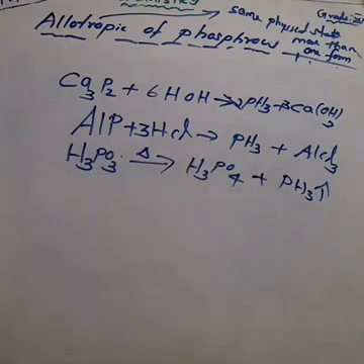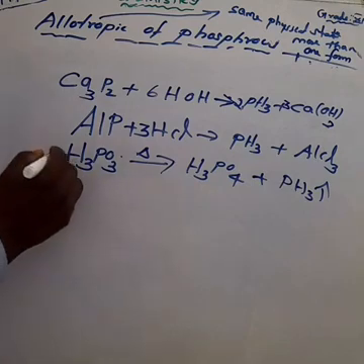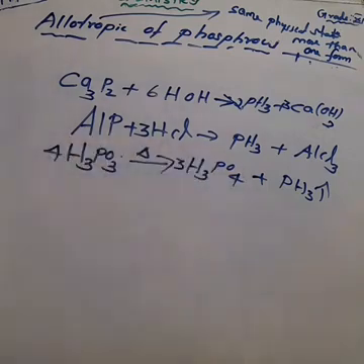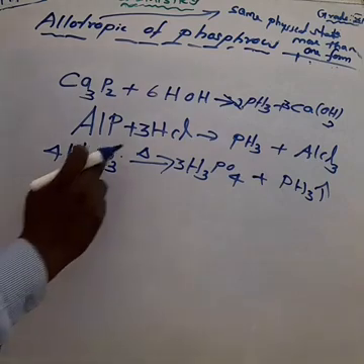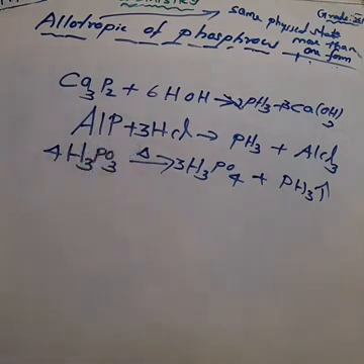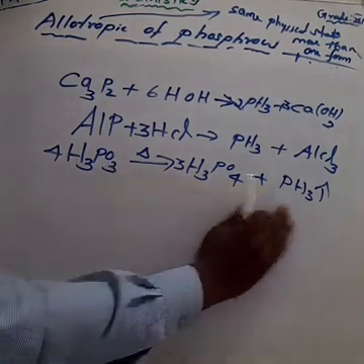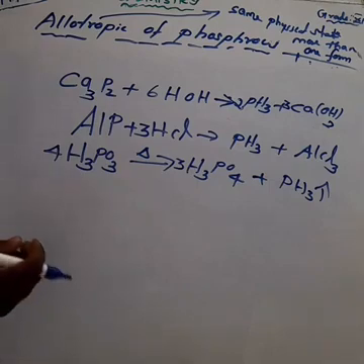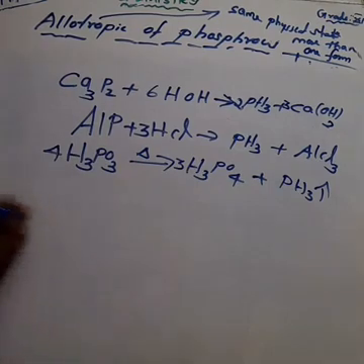So, how can you balance the equation? On the product side there are 4 phosphorus; on the reactant side, if you make it 4 H3PO3, the phosphorus is balanced. Now the equation is balanced. Okay. Next, a pure sample of phosphine can be prepared by taking